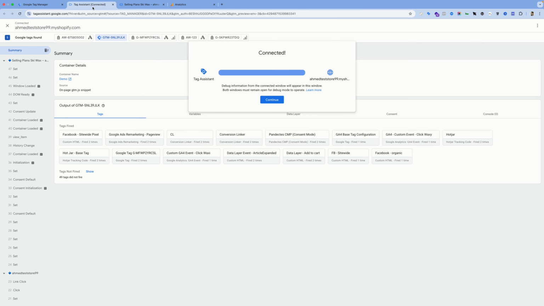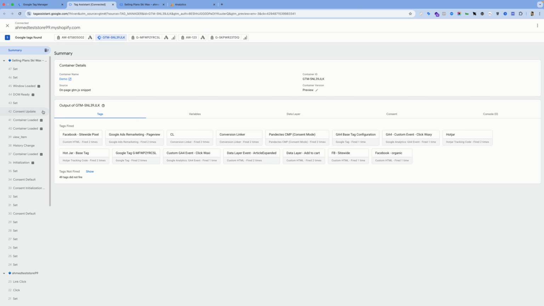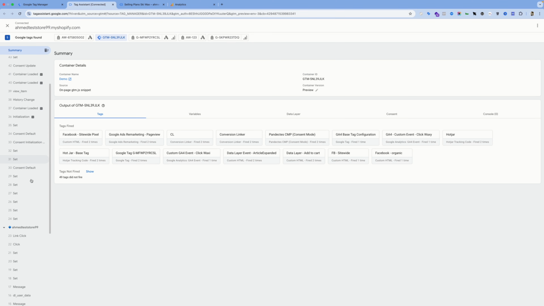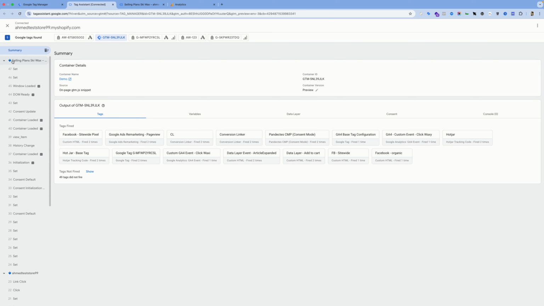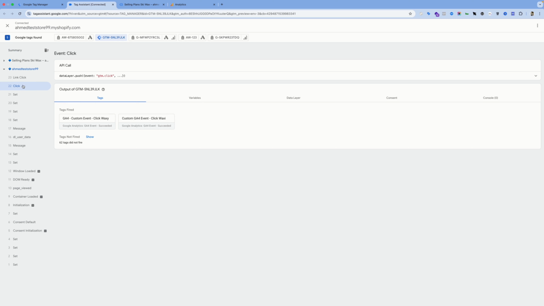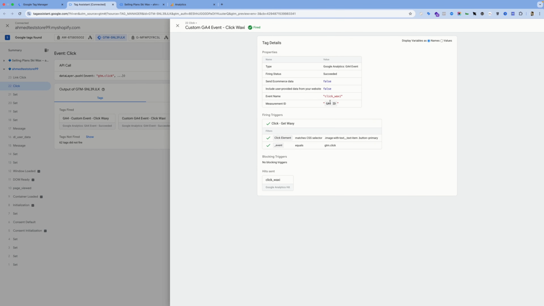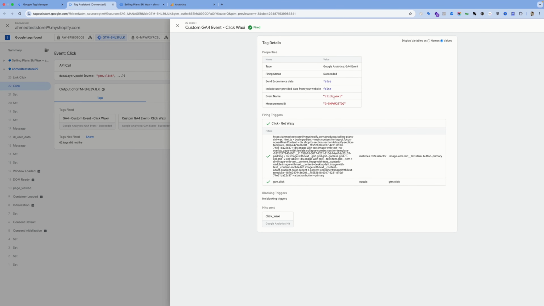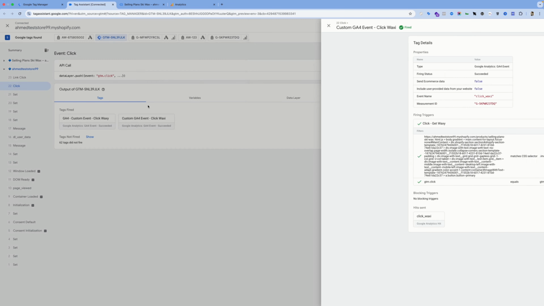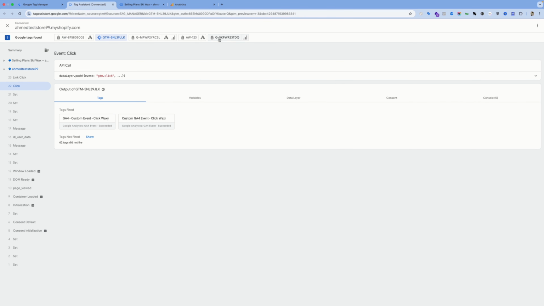Go back to my preview window, and then we have 3 options to validate if the event is working as expected or not. So the event happened in the previous session, not the current product page, and then it was on this click. So as you can see here on the 22nd click, we had our event firing, and note that this one is with the underscore, not this one. This is what we created, and we can see that the event has fired and it is sending data to GA4.